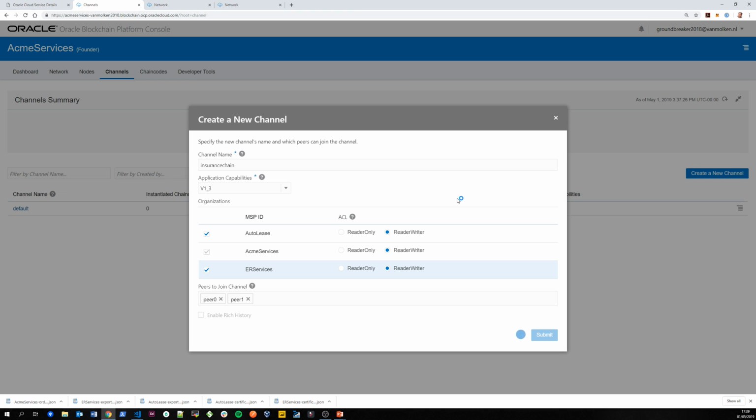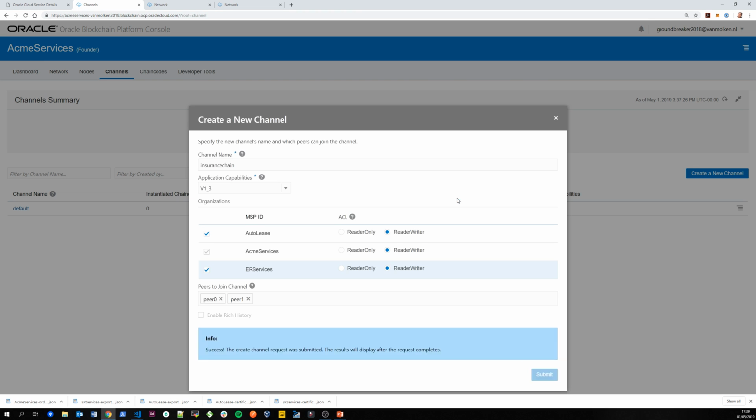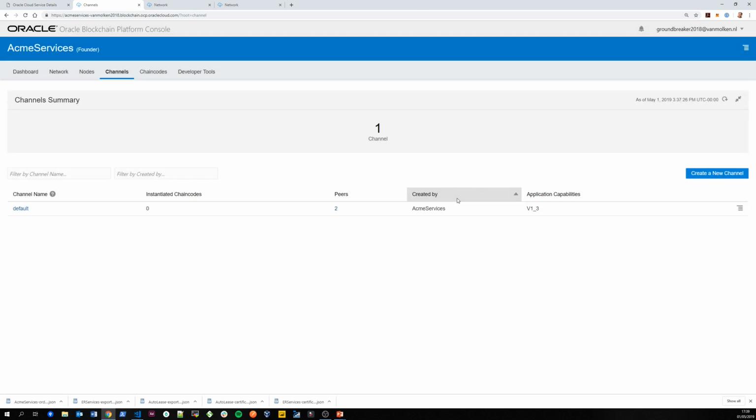So in the background now, it creates the channel. It's now a success, and it does it in an asynchronous way, so it's not visible here. It's now in the background. If it's created, we get a notification here at the top, and then it will also be visible on this screen. In the background, it talks to the orderer, and it also sends a message to the other two organizations, if it's done, that they joined